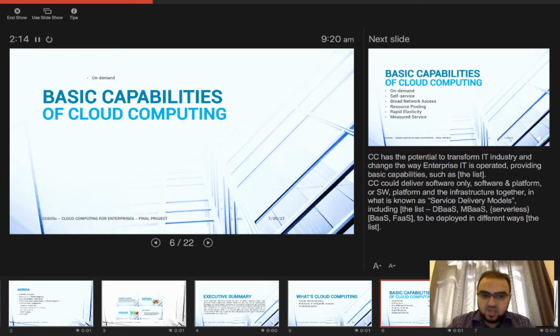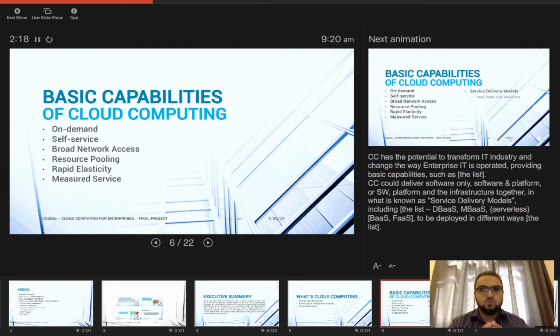So, what are the basic capabilities of cloud computing? Cloud computing has the potential to transform the IT industry and change the way the enterprise IT is operated. It provides basic capabilities such as being on demand, self-service, broad network access, rapid elasticity, resource pooling, and measured